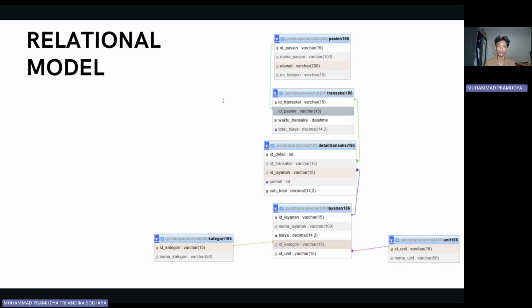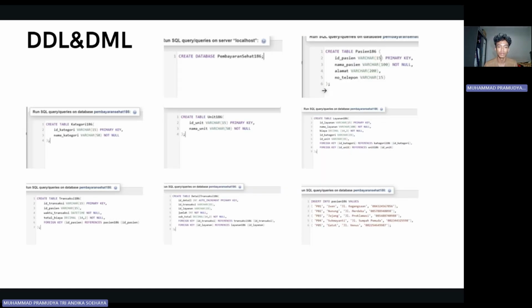Okay, we're going to move into the next section, which is section 3, DDL and DML execution. We'll make a database for this statement.